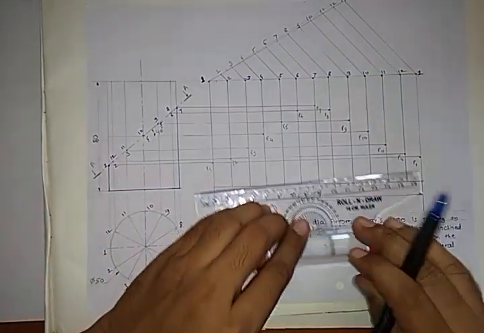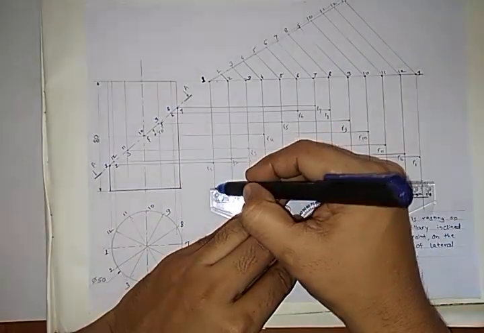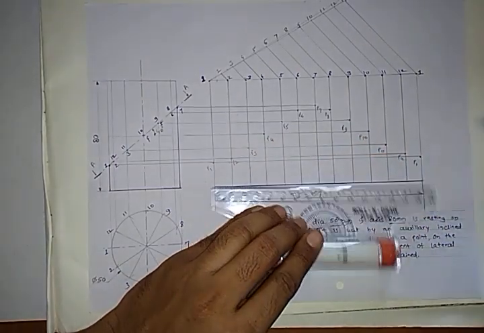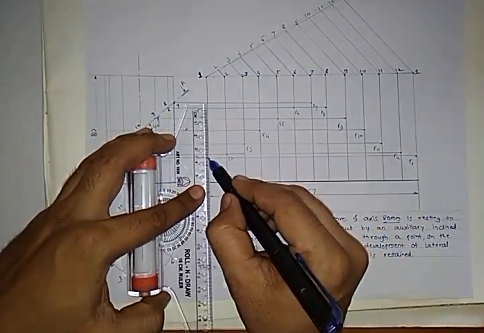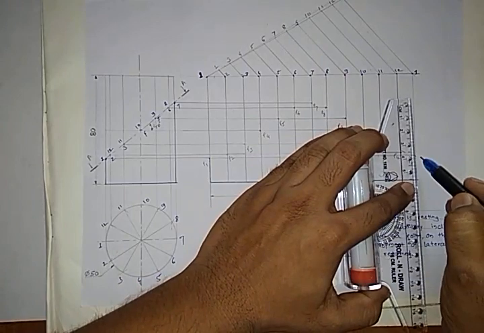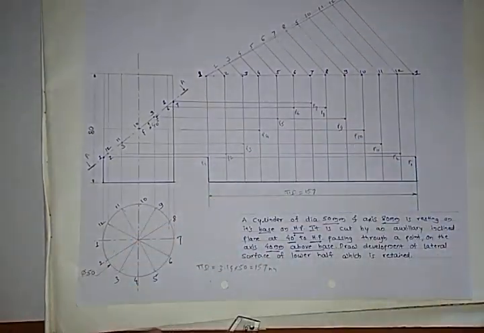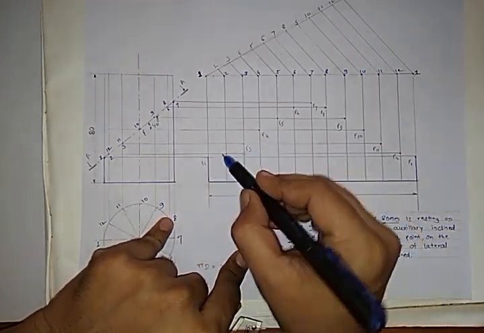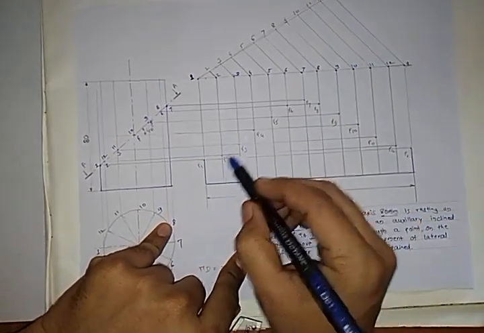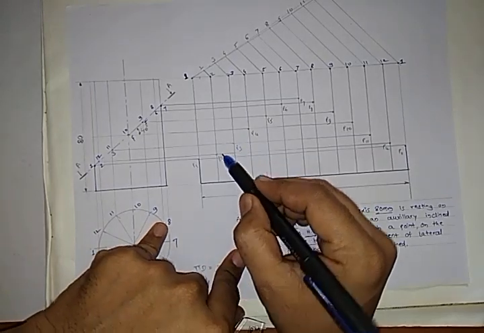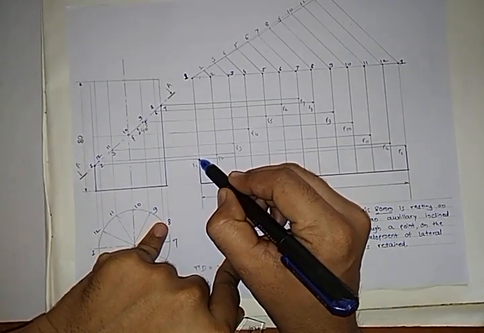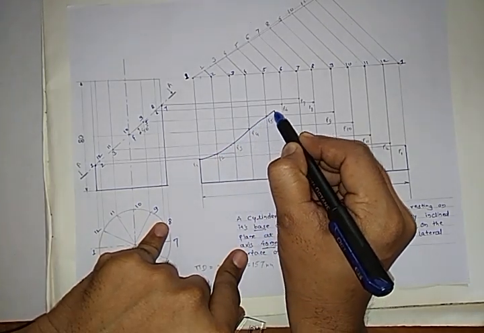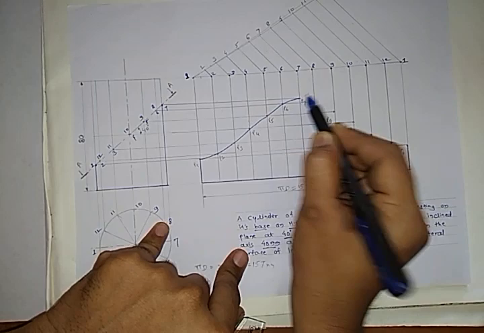Now the area which is concerned with the base, we need to highlight by dark lines. So this is the height up to which that cutting plane reaches. Now we need to join all these points by a French curve. It is not available with me now, so I will try to join it by freehand. You need to use the French curve.